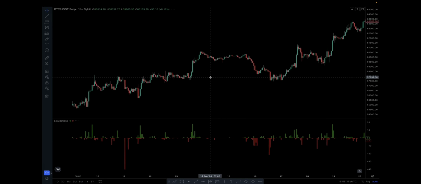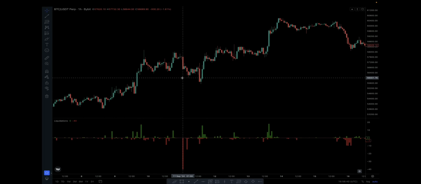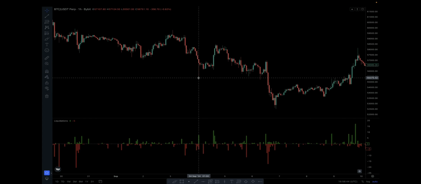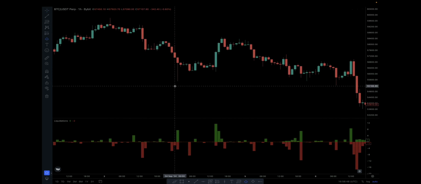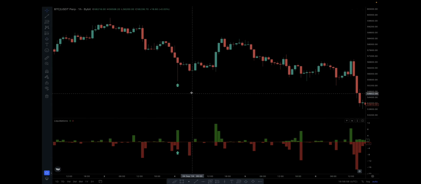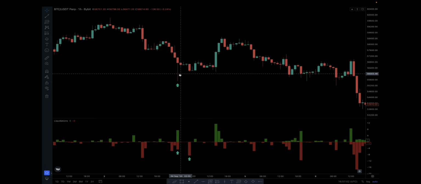Some of these liquidations appear in areas where they really otherwise shouldn't or wouldn't. Yeah, like here. Here's a great example. This is obviously when the liquidations happened, right? Here. That's obviously when the liquidations happened, yet the majority, a higher bar of liquidations, came a few candles later,